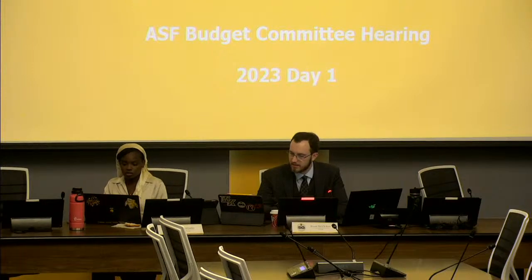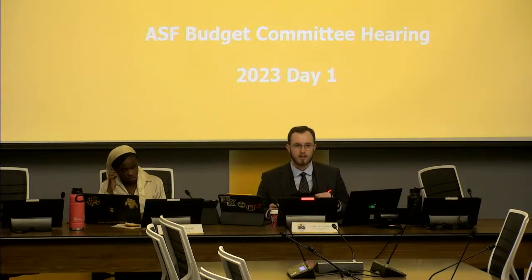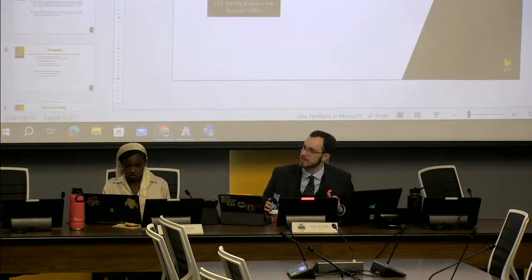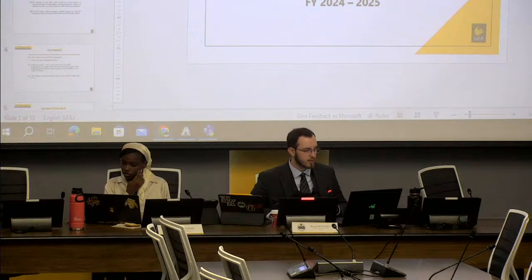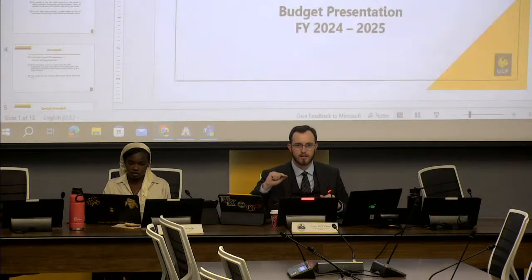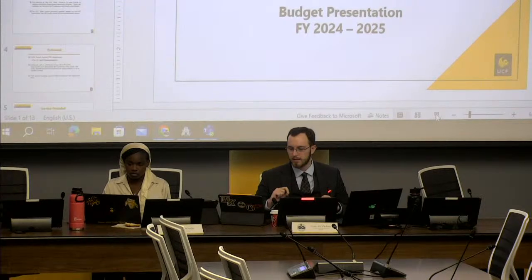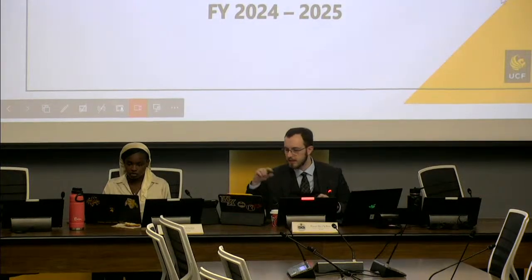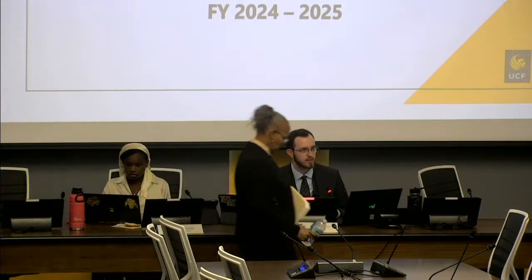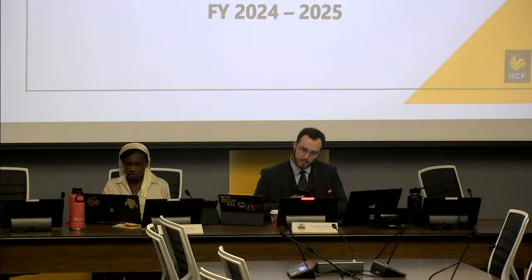First up is the Activity and Service Fee Business Office. Now, with this specific entity, Dr. Posey has 2 budget packets and 2 presentations. And I believe is Ticket Center first. So if you go into submitted under budget packets and departments, you'll see a TC and a BO. So you should be able to go and open up the Ticket Center budget packet first. And let me get timer set for 10 minutes. 15. You were completely right.